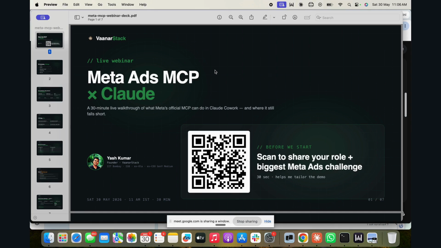So today's session we are going to focus on Meta Ads MCP, right? And this is the official MCP. There will be many community-based MCPs that you might have come across, but we are going to focus our discussion on the official one. The session would be a mix of live walkthrough and some of the chats that I have already created, because sometimes those chats take time to load. So I've already created some prompts, etc.